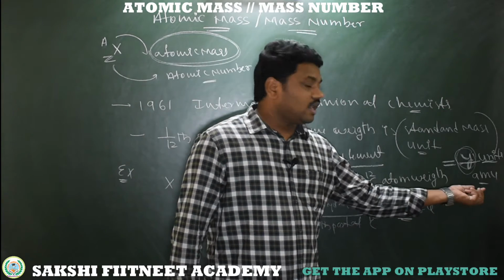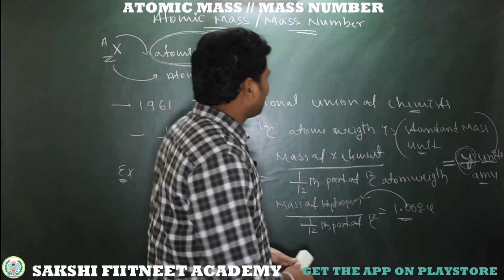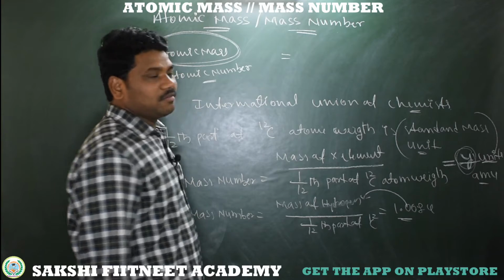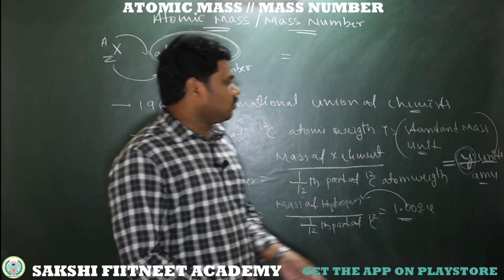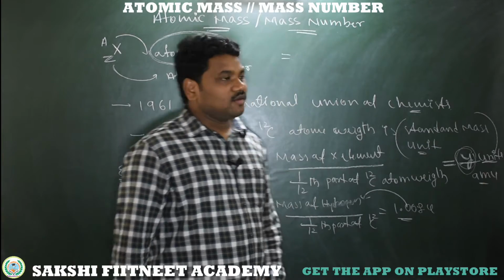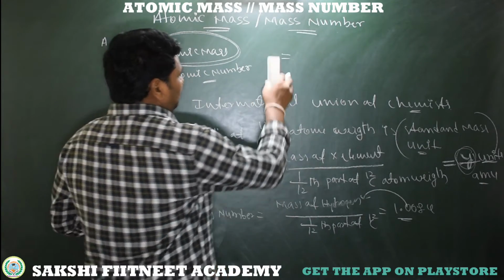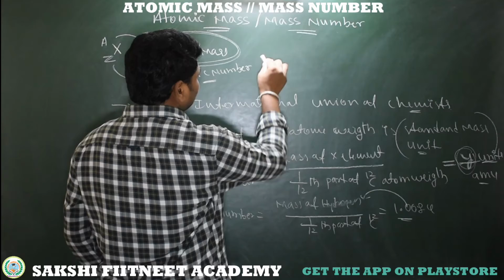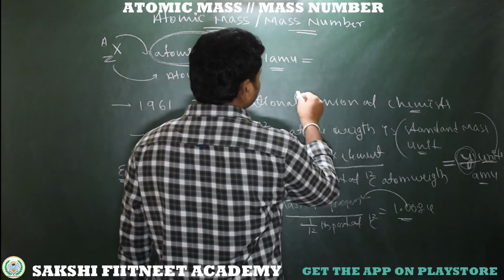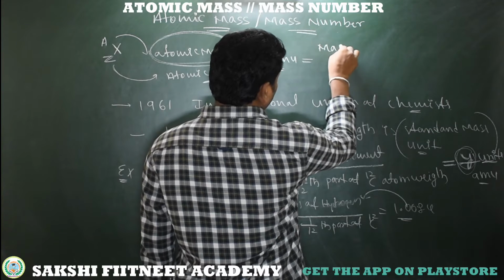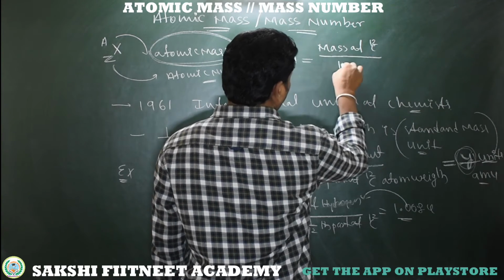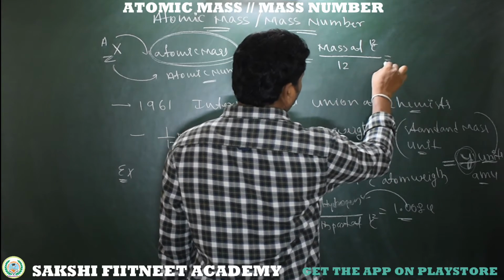We are calling it AMU, which is equal to the weight of carbon divided by 12, and then we get the value of AMU, atomic mass units. Let me explain here. So what is AMU? 1 AMU equals the mass of C12 divided by 12, because there are 12 parts.